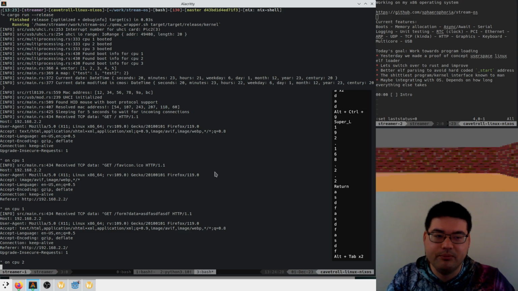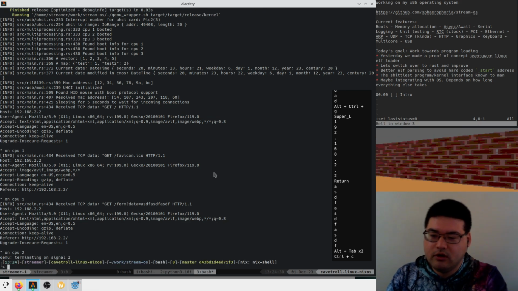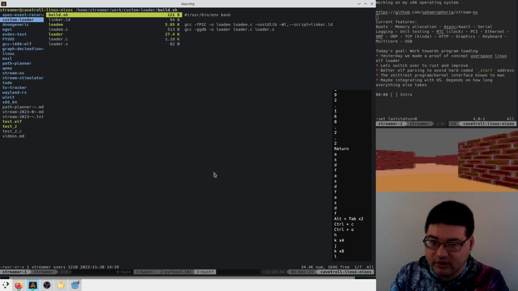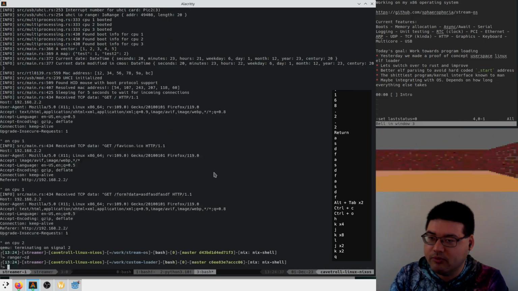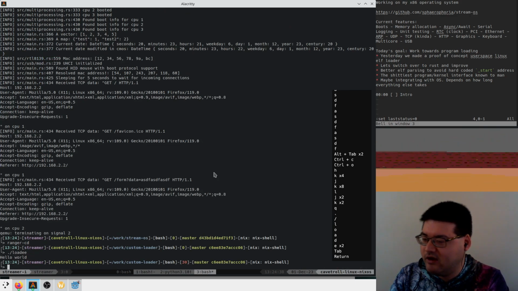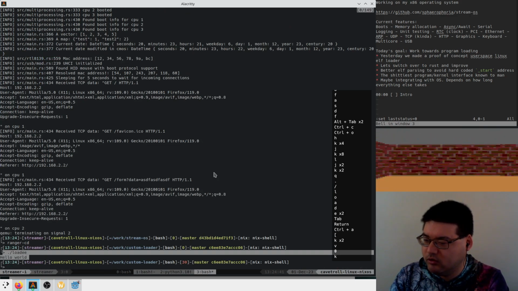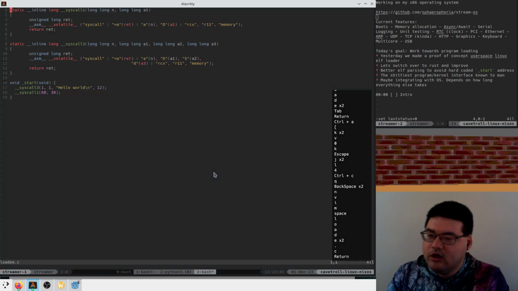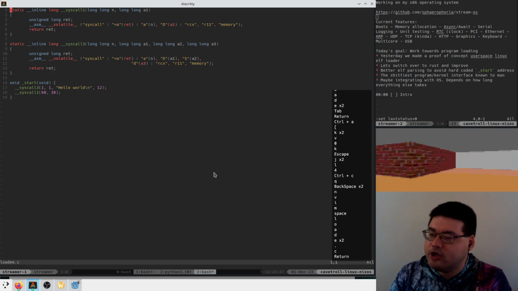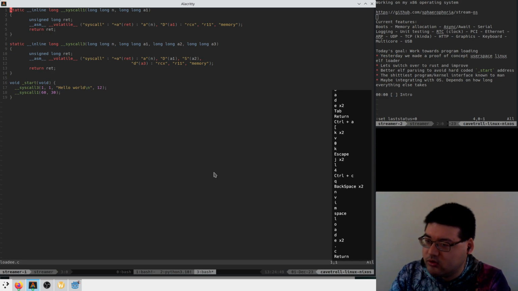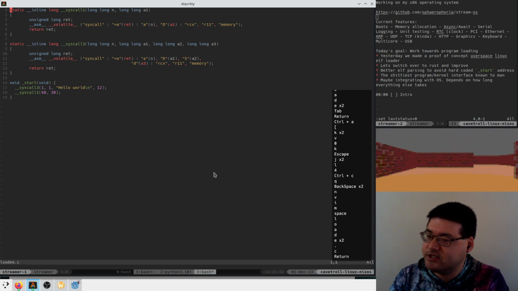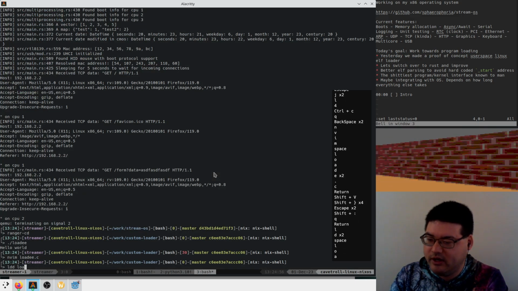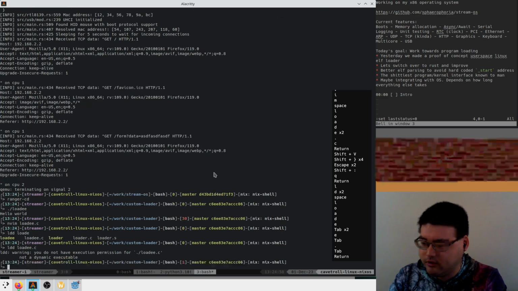So last stream we wrote this world's shittiest ELF loader, where ELF is the Linux executable format. Here I have this program that runs hello world and then exits with exit code 30. This program is pretty interesting in that there's no main and there are no includes in it, right? This is just a statically linked executable that's calling syscalls manually. And the reason to do that is so that we can simplify the loading process,